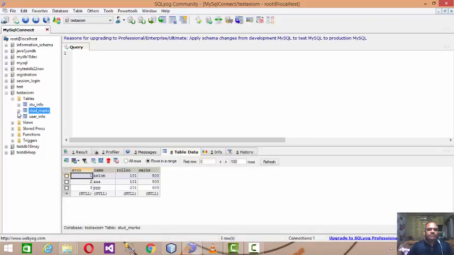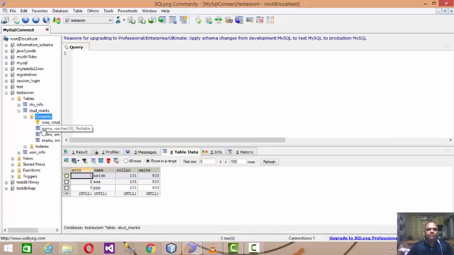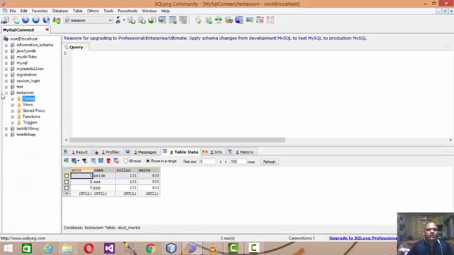The student marks table has columns like the name of the student, roll number, and the marks. I already have 2-3 records available in the table.